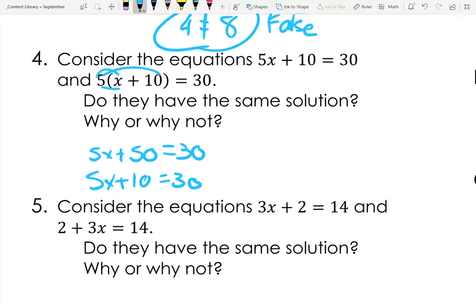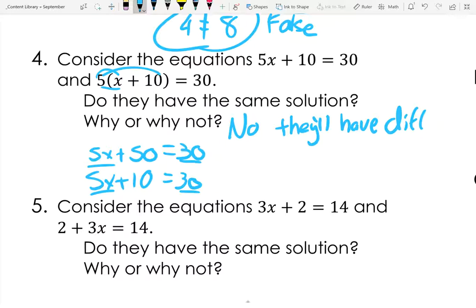I think anyone with a little bit of common sense might be able to understand that these are not going to have the same solutions. They're not the same equations, right? The 5x and 5x are the same, the 30 and 30 are the same, but the 50 and the 10, that's going to leave us with different solutions. If they were the same equation, we would have the same solution. But we're not going to have the same solution because they're different equations. So we're going to say, no, they'll have different solutions